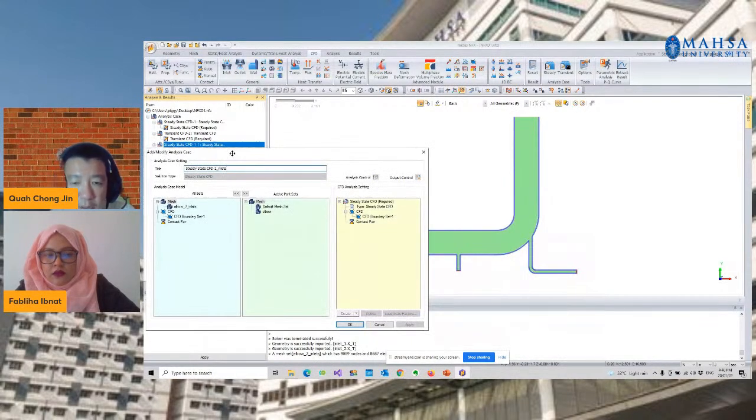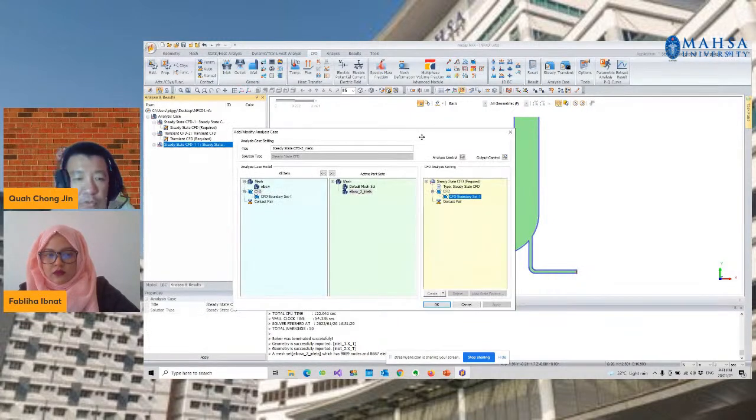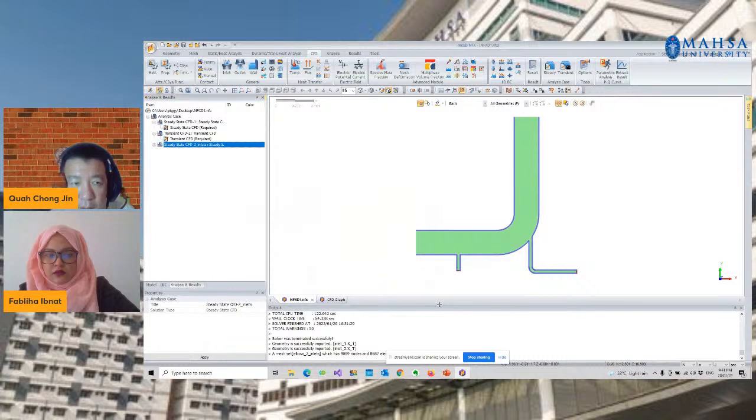You can use any preferred name that you want. Make sure that the new mesh is selected and the old mesh is deselected. It doesn't matter if you select every boundary condition, as long as you select the right mesh, that will be fine. Let's save and solve.